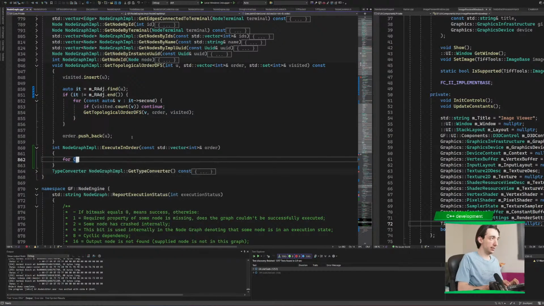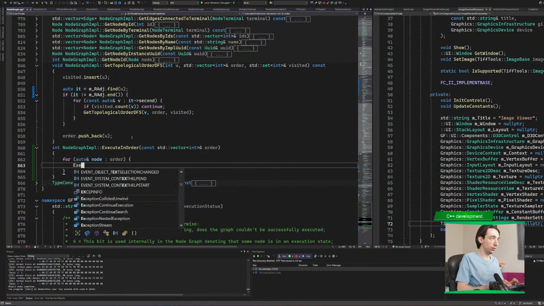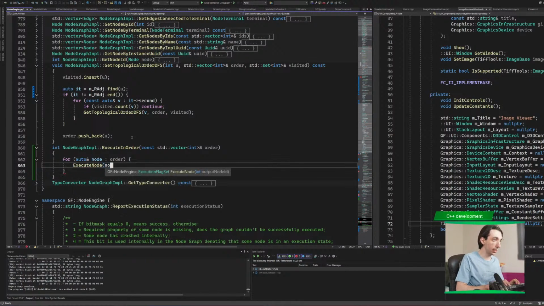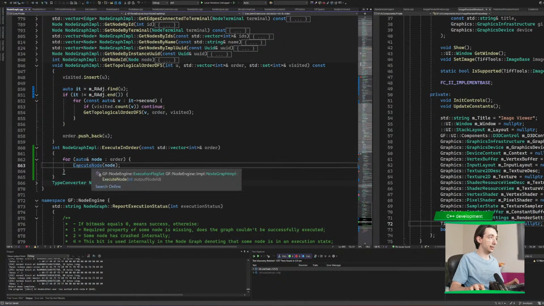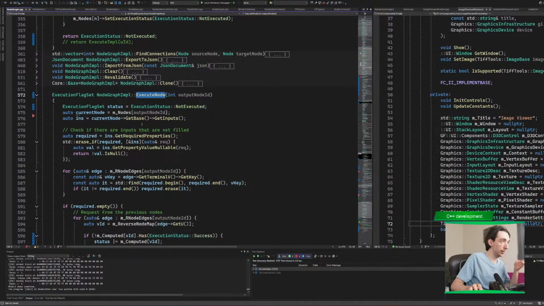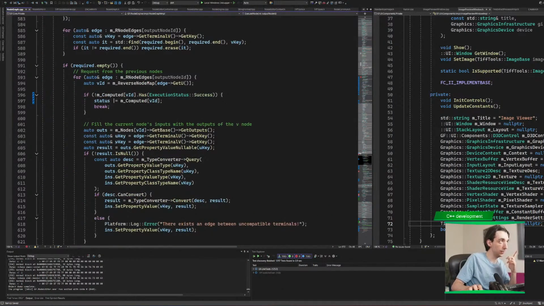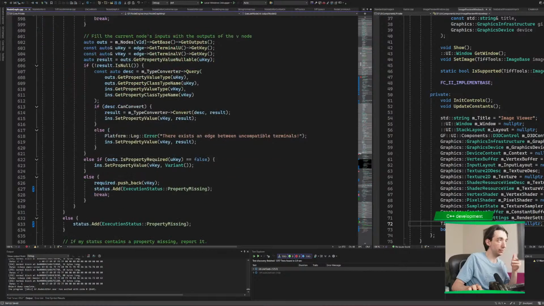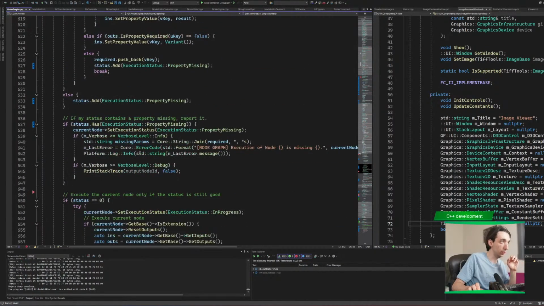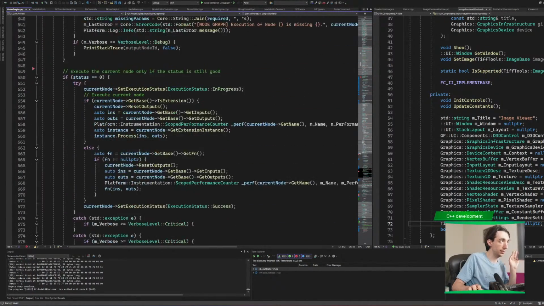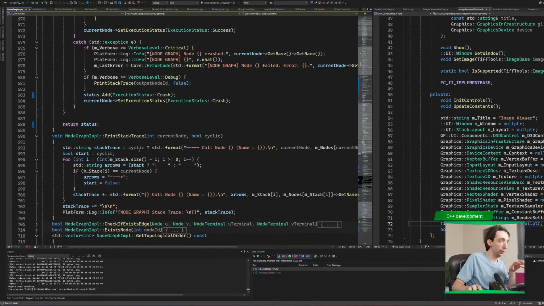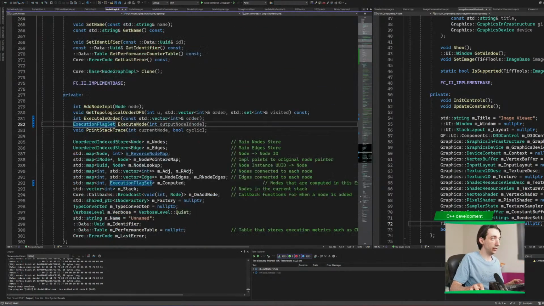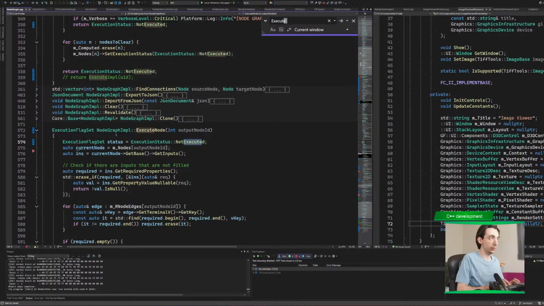for easy execution, just to finish the live stream, we can have just this in the order, and we can say execute node, and I can provide the node, and the execution of this node should just trigger this procedure where all this blah blah blah will just execute the node, go through this, and property missing blah blah blah, report that, report the status. Now that we are executing in order, execute in order,